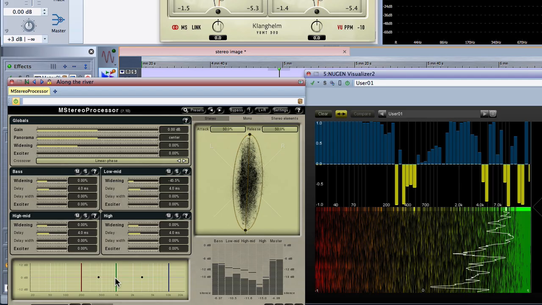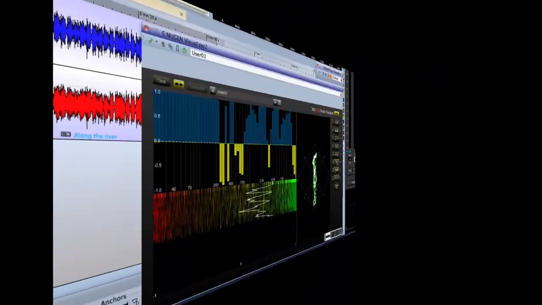So that's pretty much it. I think I'll just quickly show you some of the other features that the visualizer has, because it's a really nice set of tools for analyzing your audio. You've got